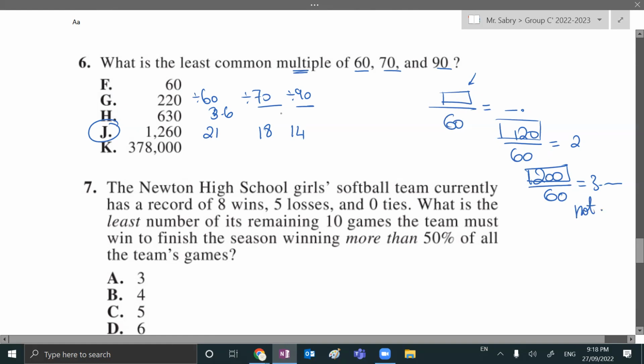طيب. Now I want to check مين من الانسرز دول يكون multiple للثلاث ارقام، لل 60 وال 70 وال 90. فكل اللي هعمله ان هعمل كل رقم divided 60 و 70 و 90 واشوف مين الرقم اللي هيطلع لي في الثلاثه انتجر مش ديسيمال. يعني لازم لما اعمل ديفايد باي 60 يطلع لي انتجر، ولما اعمل ديفايد باي 70 يطلع لي انتجر، ولما اعمل ديفايد باي 90 يطلع لي انتجر. فاهمه؟ اوكي فهمت. بس طيب